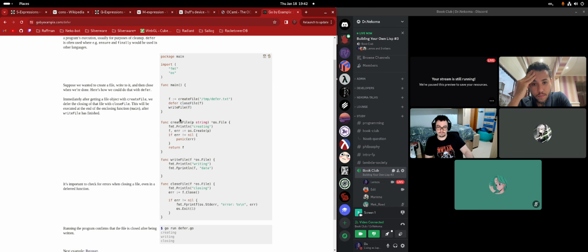I have an intuition for this because I think a lot about programming language semantics. Wait, what you're saying is that if you have multiple defers in the same scope, they will run in the opposite order that they appear.